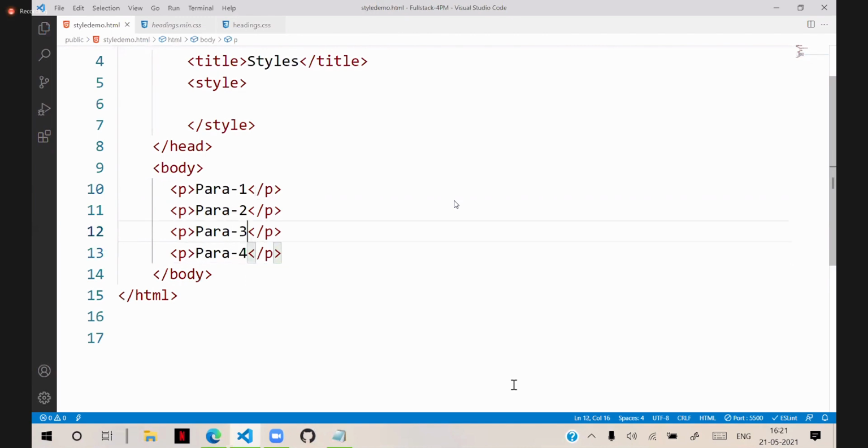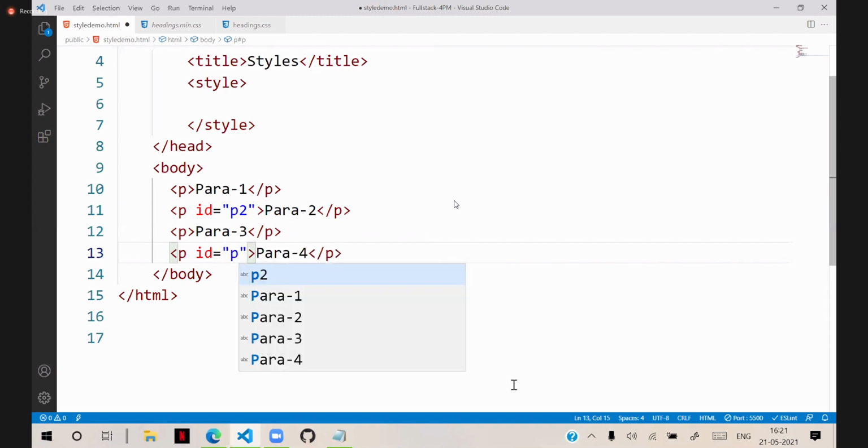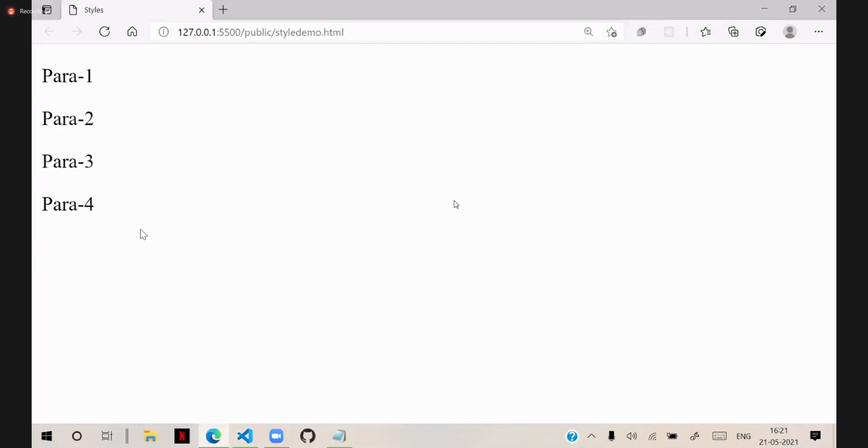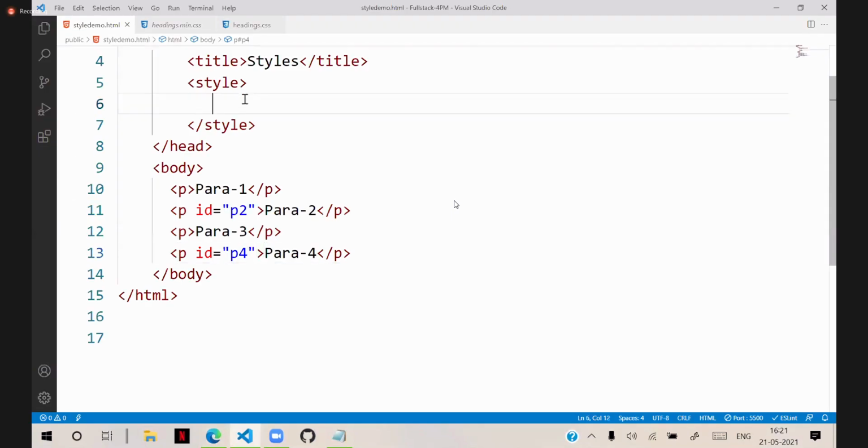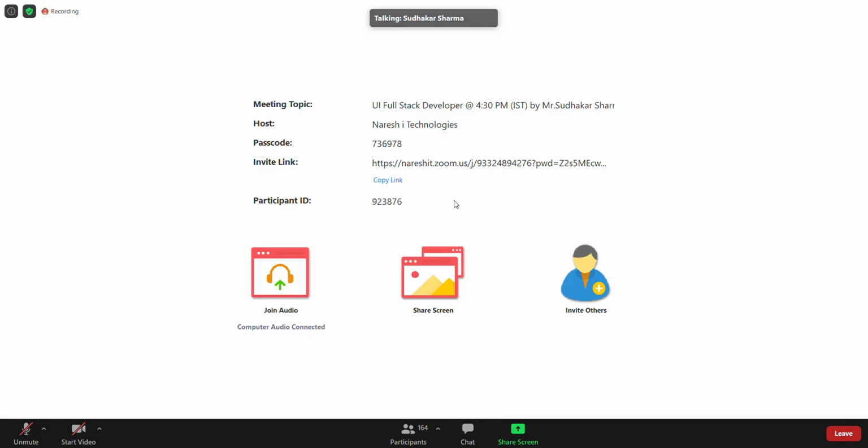Now in that, the first paragraph has an ID, the second paragraph is having ID P2, and the fourth paragraph is also having an ID, P4. Now I want to apply color only for the paragraphs that have an ID. The ID may be anything, but they have an ID. Then you can write it in this way. So how can we do that?